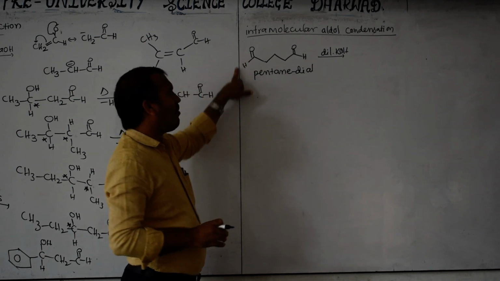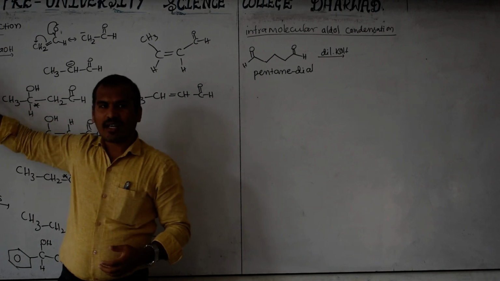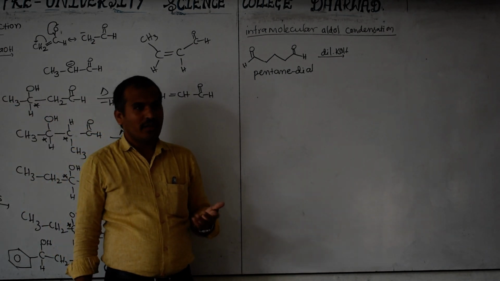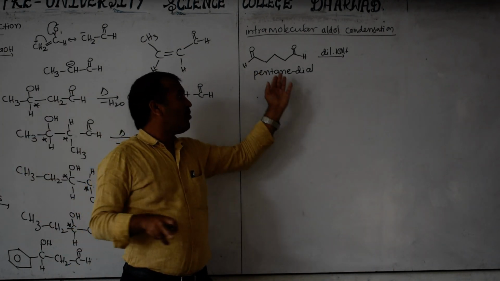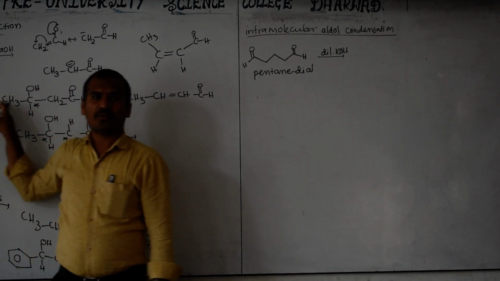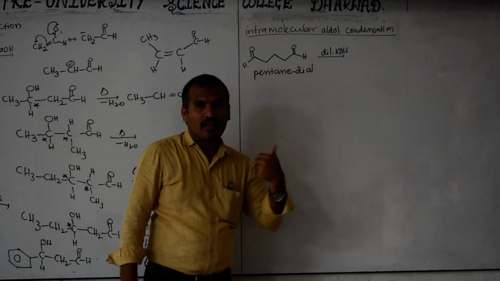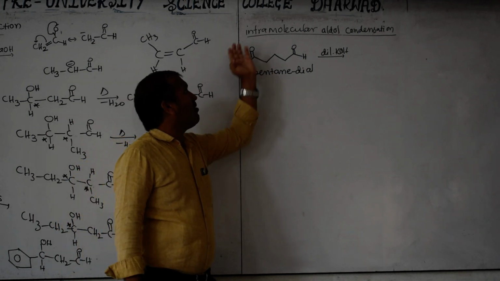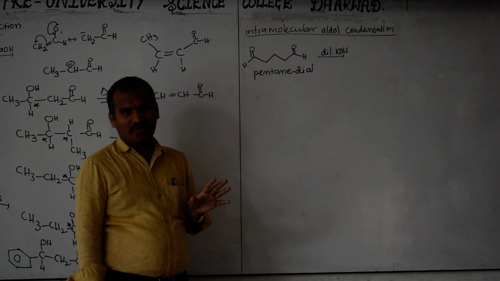Now here how much is there? 1 mole of molecule. So if 1 mole of molecule is present, it can react like this, self-condensation is possible. Like this, one more molecule reacts with this. Here acetaldehyde reacts 2 times and forms this product. Then the pentanedial can also react like this. That is called inter. But why are we preferring intramolecular only? Why not intermolecular? That is also the question.